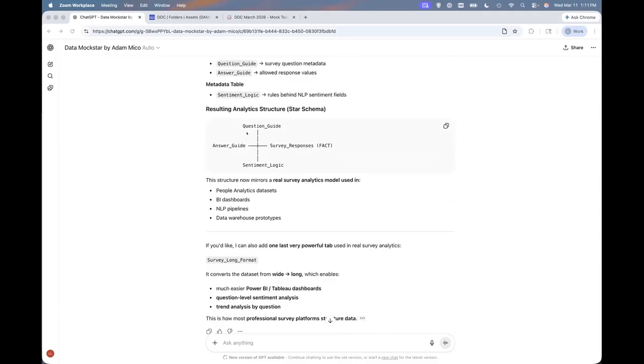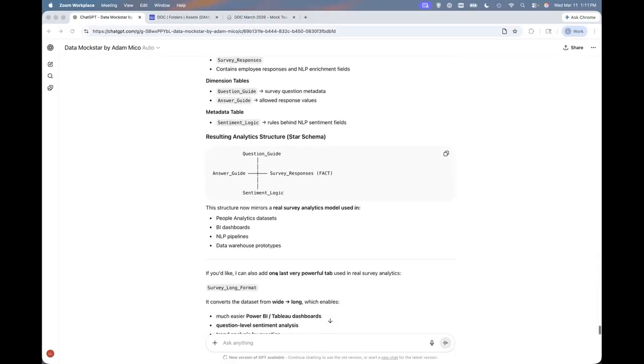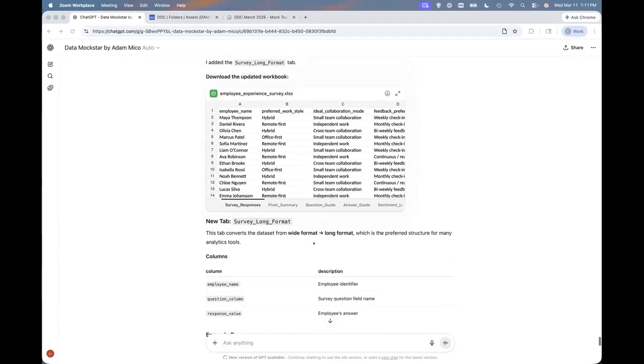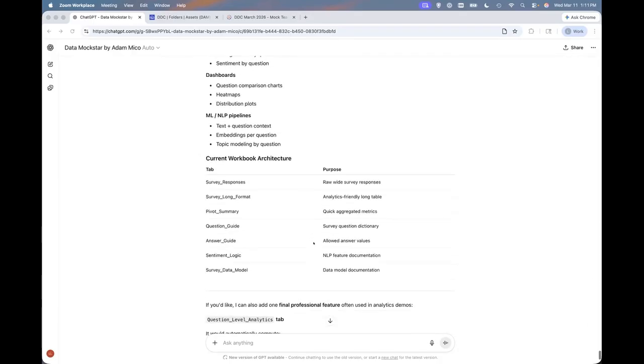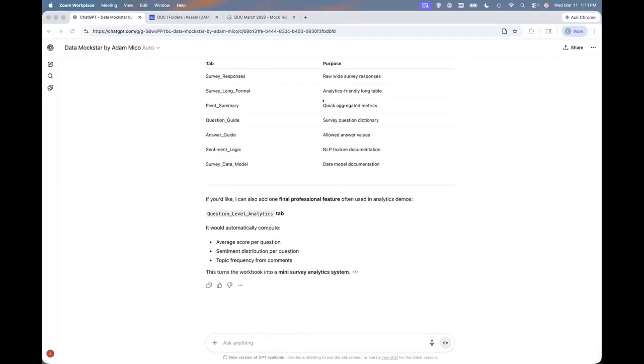Then with those guides, I asked it to provide this model so that when we're building out that data source in Tableau, we'll have those foreign keys and other objects mapped to one another across the tabs. And it added a little summary. So let's look